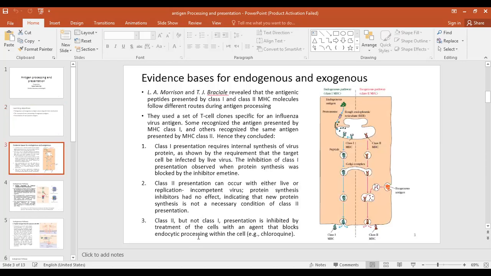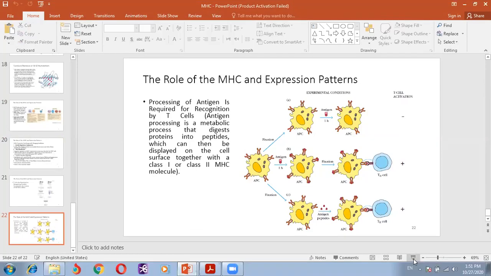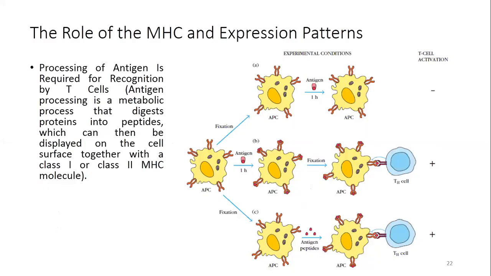Before we start, recall that in the last video, which was about MHC, in the last slides we talked about the evidence for antigen processing. So we learned that an antigen presenting cell needs an antigen to be processed before it can activate a T helper cell. So how did we know that? Some scientists did some experiments. For example,